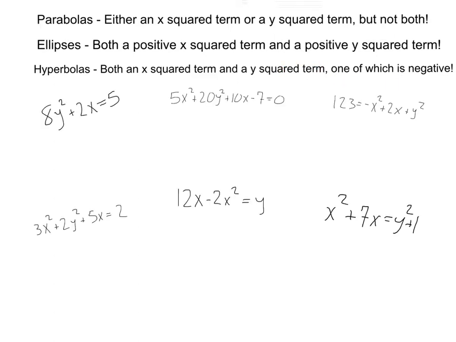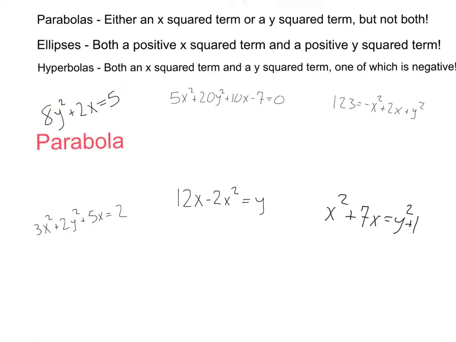Let's see if we can identify some conics. Here we have 8y squared plus 2x equals 5. I notice that only the y term here is squared, so I know this is going to be a parabola. Next, we've got 5x squared plus 20y squared plus 10x minus 7 equals 0. I see I have a positive x squared term, a positive y squared term, so this is going to be